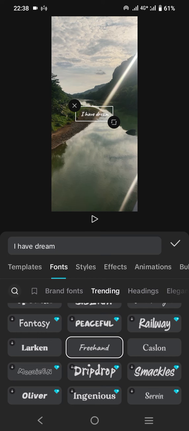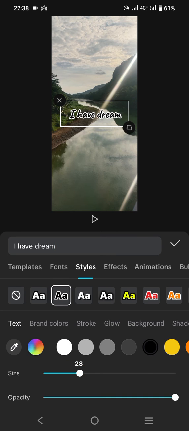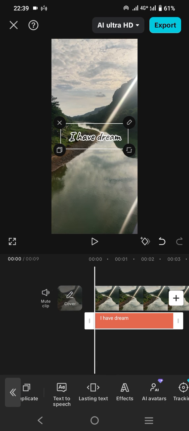And let's say if you would like to choose the style, you can click here. Let's say I will choose this type and adjust. I will adjust the size and opacity. What is opacity? It is basically the transparency of this font. And if I feel it's enough, then I will click this check button, and I can also add the voice